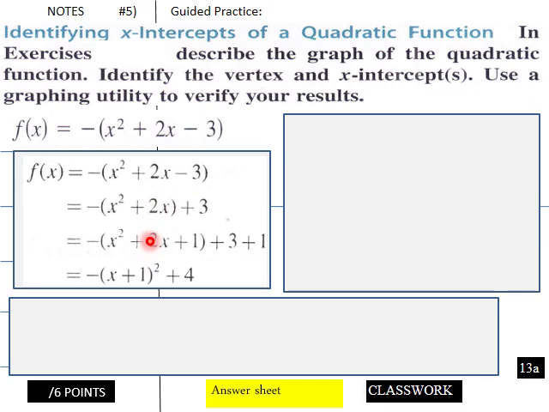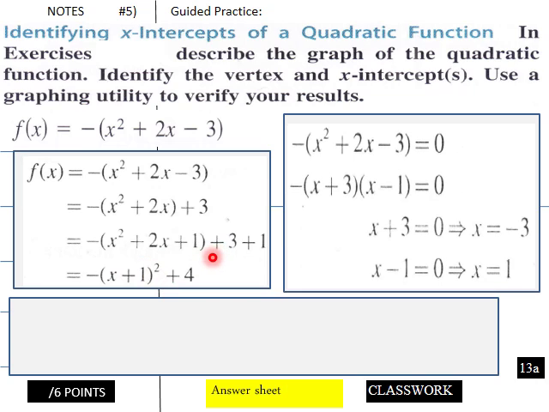We're going to complete the square here. Here's our completed square here, and then we multiply negative times negative here is our a for this situation, 3 plus 1, and then this perfect square, -x plus 1 squared